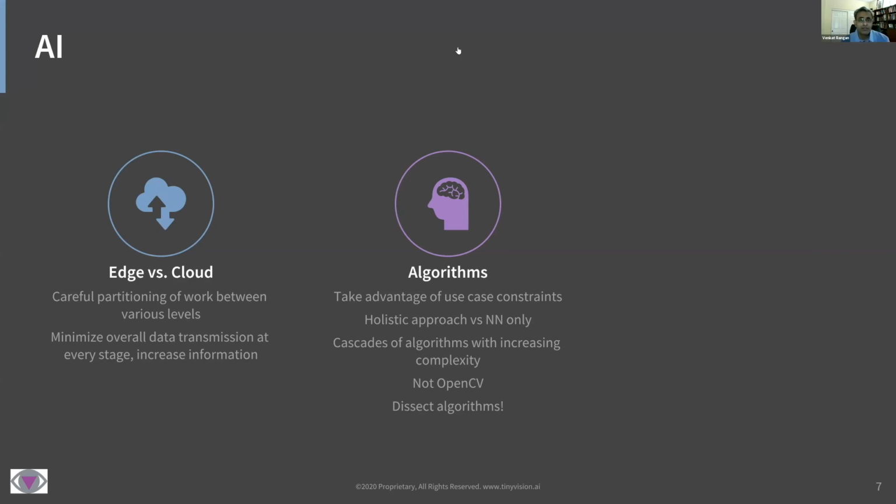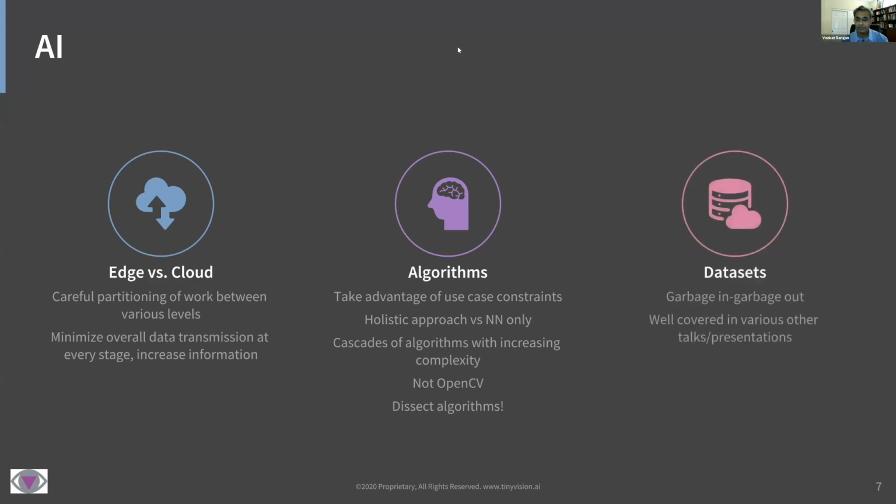OpenCV is great when you have access to Python and a big machine or the cloud, but it's not something that's going to work for you when you design these little devices. If you have a novel application, it makes sense to go to OpenCV, prototype it quickly, but then very quickly go and dissect what's happening inside the algorithm, because the contributors to OpenCV never had an embedded product in mind. Data sets, again, this is a huge topic. I'm sure other people will do it better justice than I do.